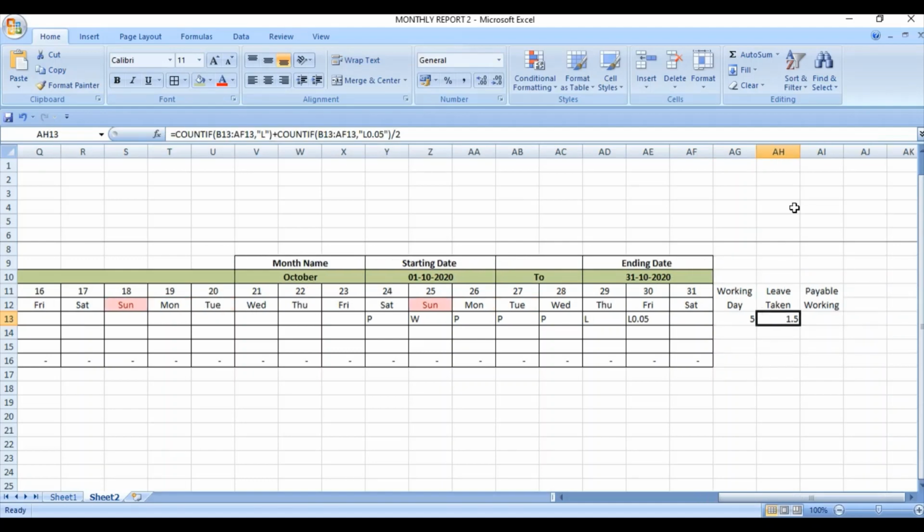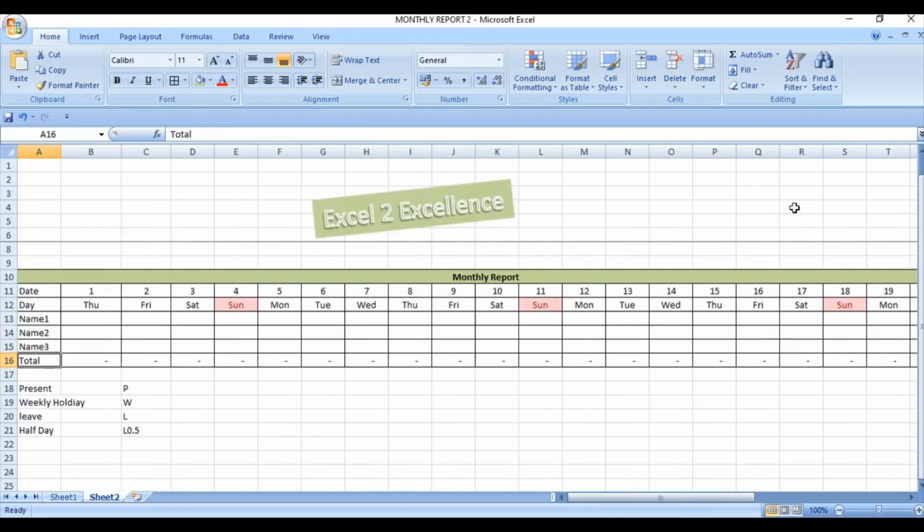Automatically it has calculated 1.5 as leave taken by the employee. So the payable working days you can determine with the help of the numerical difference of working days minus leave taken. In a similar manner, you can apply for the rest of the rows. In a salary sheet, we do not require a columnar total, so you can remove this total row.